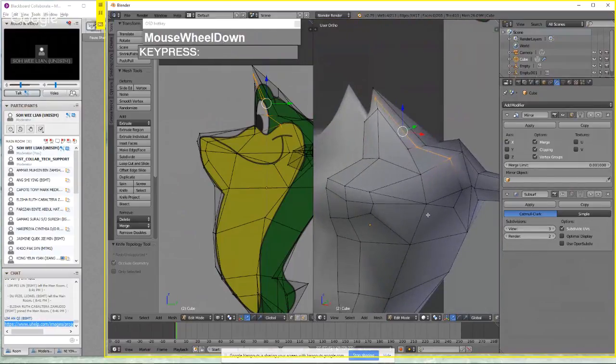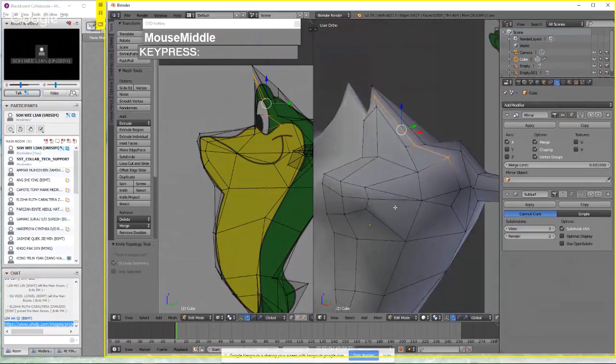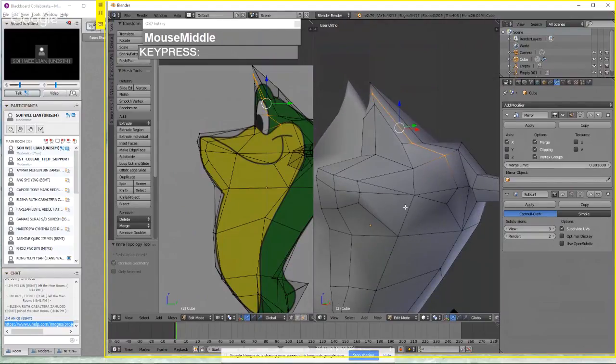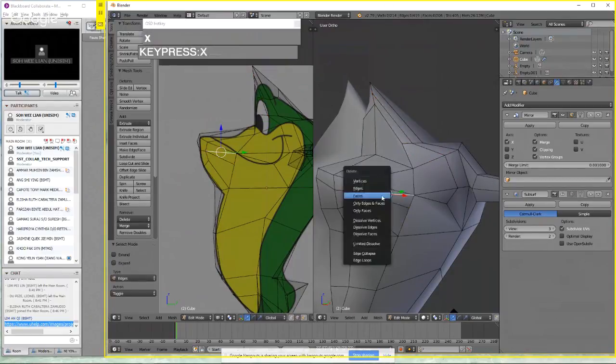Okay, that is a three-sided face here. So we want to make this into four-sided. So what I'm going to try to do is Control R. And before I do that, I'm just going to use the knife tool, cut down from here to here, and then press enter. So I create these two triangular faces, and I can go to edge here, X, and then